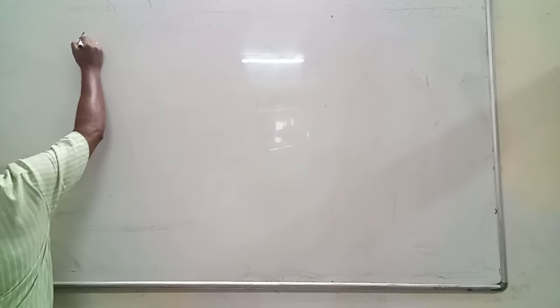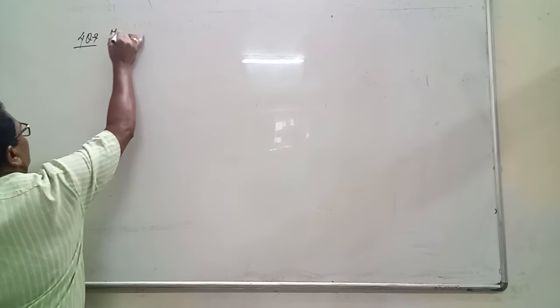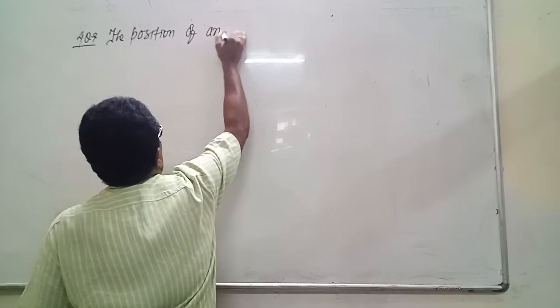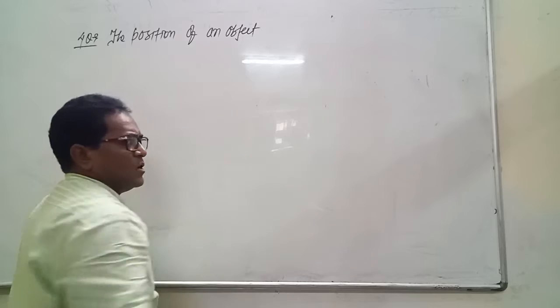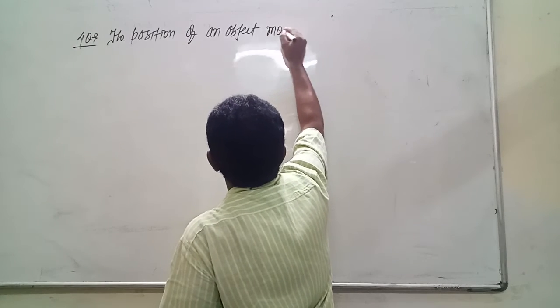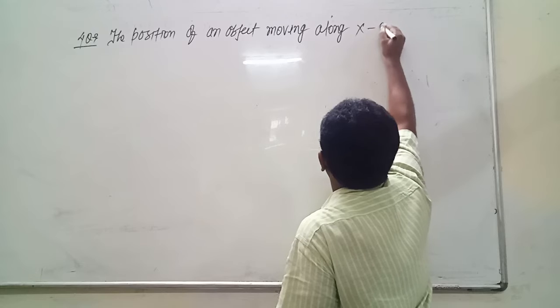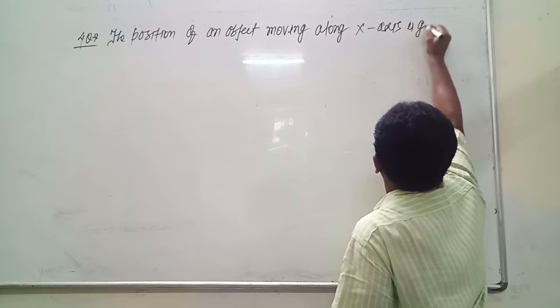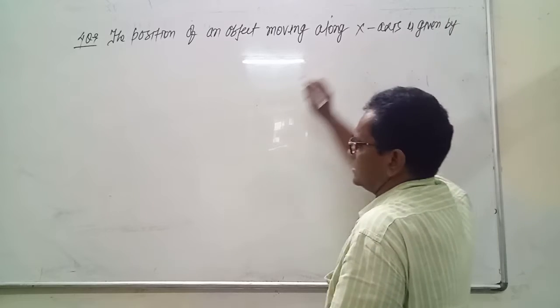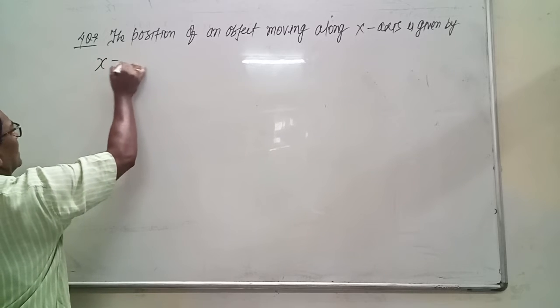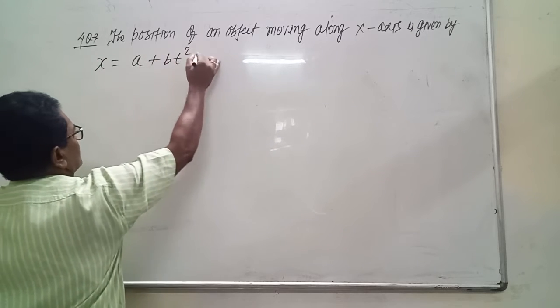Next question. The position of an object moving along the x-axis is given by x equals a plus bt square, where